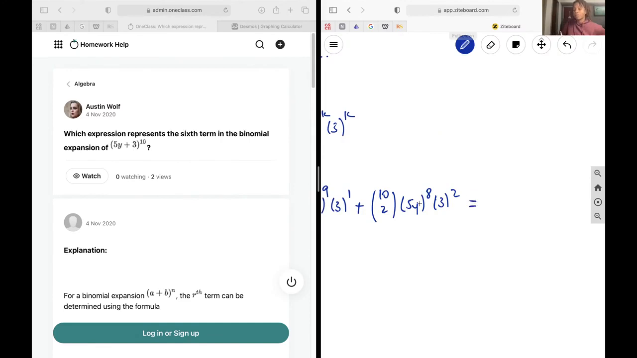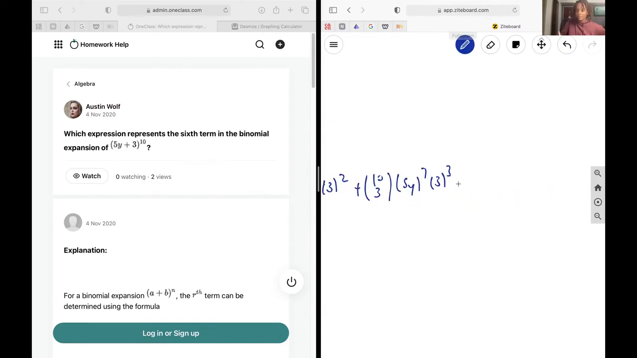And so you're going to want to go until the power of 5y is 0 and the power of 3 is 10. Sorry, plus 10 choose 3, 5y to the power of 7, 3 to the power of 3, plus 10 choose 4, 5y to the power of 8, 3 to, sorry, decreasing by 1, power of 4,